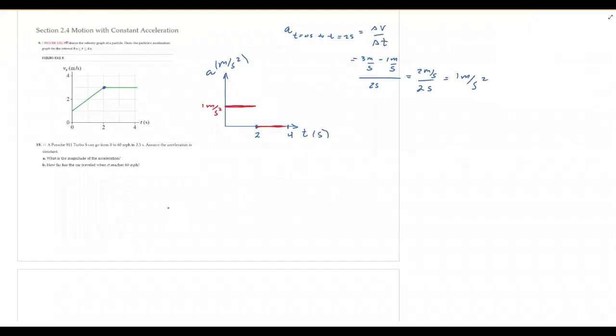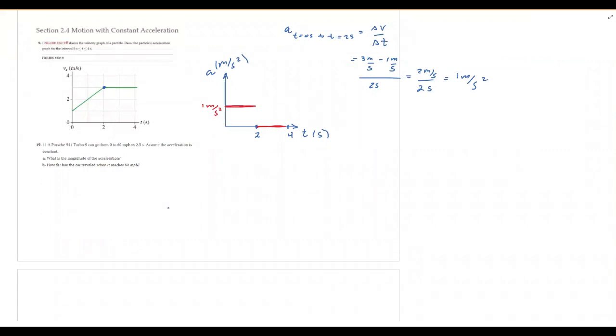So question 19. Question 19, they say that a Porsche can go from 0 to 60 miles per hour in 2.5 seconds. Assume the acceleration is constant. They ask, what is the magnitude of the acceleration? I have a first issue here. There is an issue with the units. Why? Because as you see, they give you